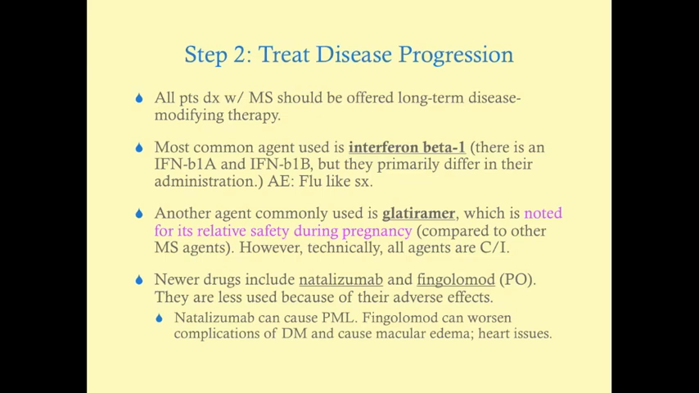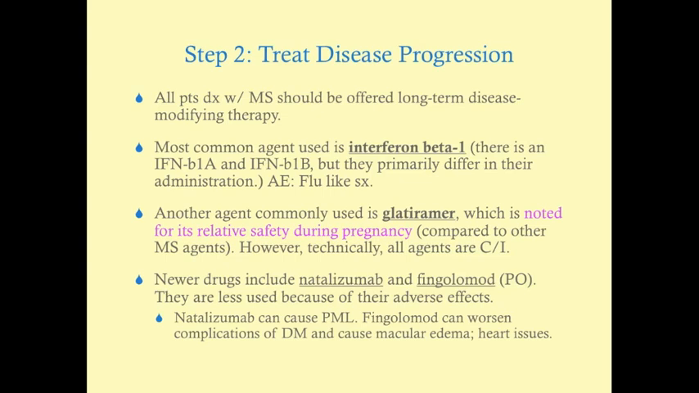But, and I need to emphasize this, all agents are technically bad during pregnancy. None of these are good drugs during pregnancy. But glatiramer, out of all of these drugs for multiple sclerosis, is the least worse. So it's the most preferred drug during pregnancy if you have to take one. So glatiramer for pregnancy. Interferon beta 1 is another drug used, and then there's some newer drugs, but they're used